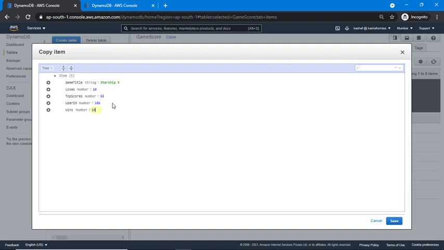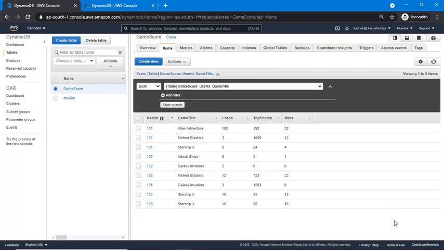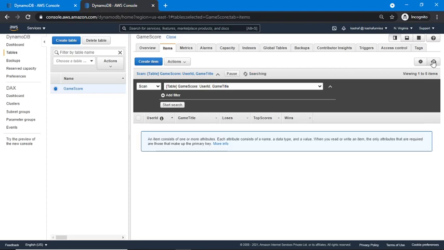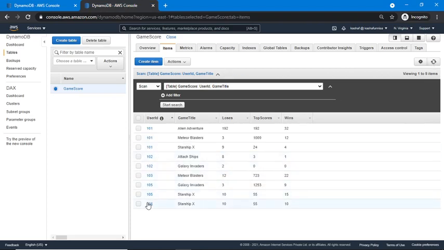So suppose this is my another item. I'm going to save this. So here 106, this item is added. Now we can see here and we can just refresh this table. So you can see 106. So this item is also inserted in this North Virginia region as well. So it got automatically replicated.